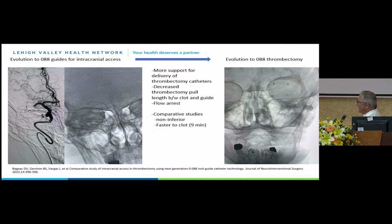Also, because the catheter was now more appropriately right-sized to the vessel that we were in, we could often achieve flow arrest, especially if you were going to place this, not in this case, but if you were to get above the ophthalmic. It's felt that the collateral flow from the posterior communicating artery increases the incidence of emboli during these cases as you're